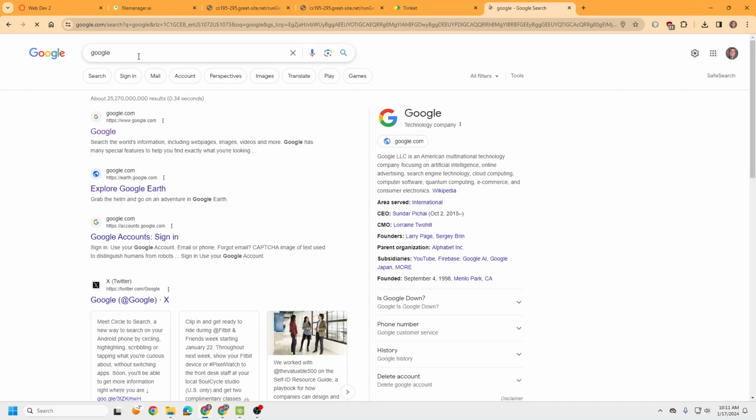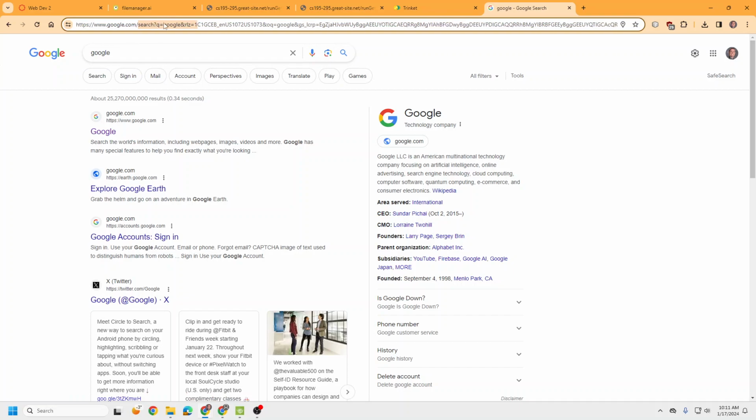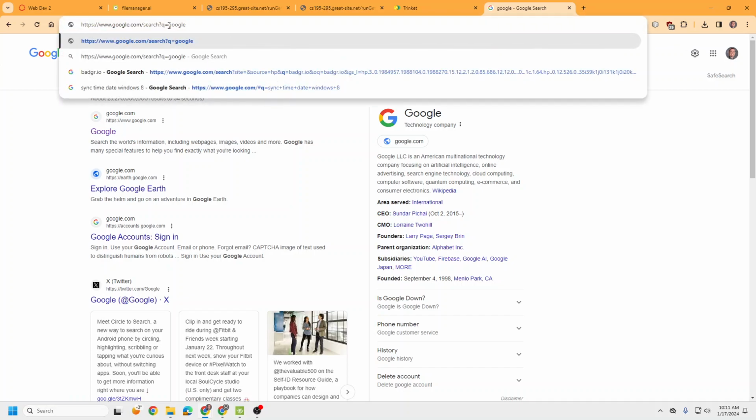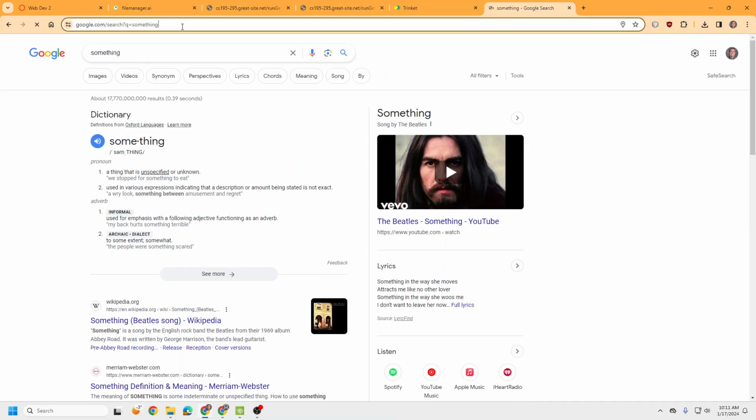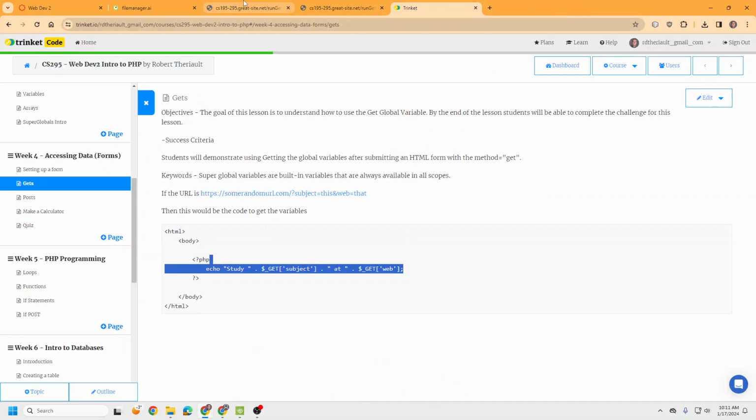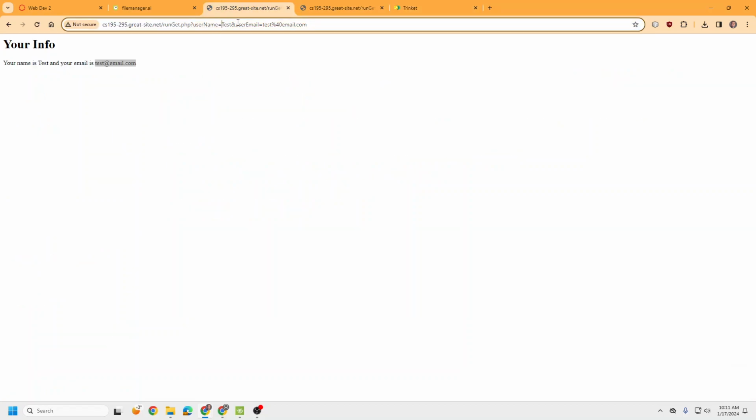When you go to Google and you do a search, well, you can see all the stuff up here. Which, by the way, if you ever wanted to send someone a search to something, you could copy this and it will automatically take them to the something that you did, right? So this is a get. Google uses a get. And there's nice things about this because you can send those links and it'll take you right to that information, right? I can go up here and change test,